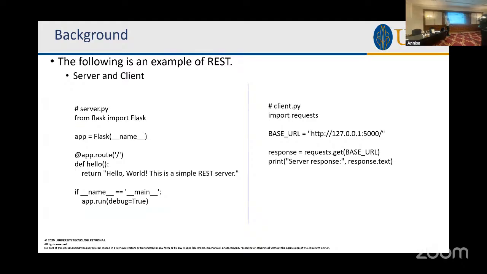Basically, if you want to transfer data between two machines, you just need this short piece of code. Thanks to Python, the code is very short. All you need to do is set up this as your server and that as your client. Why I want to do this is just to give you a feel of how we actually do the communication. Once we are able to communicate through this, the more important thing would be the URL and the link, because we need to know where the server